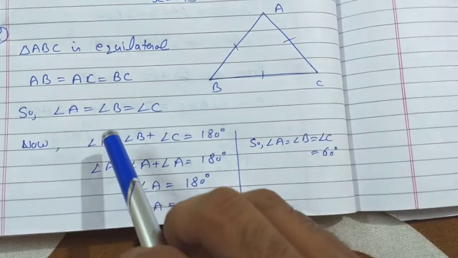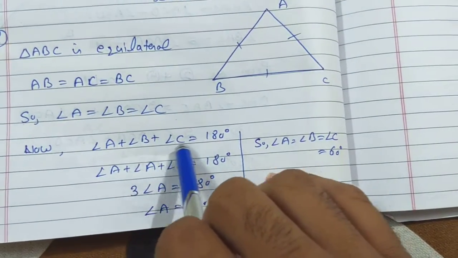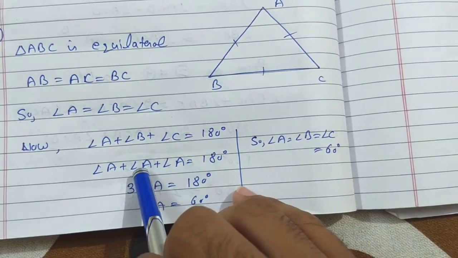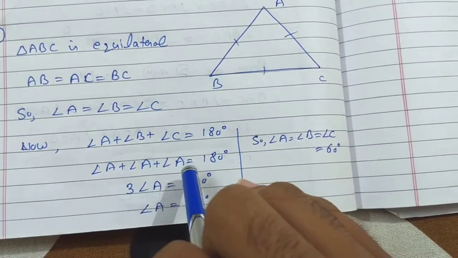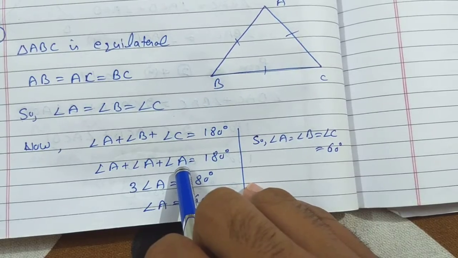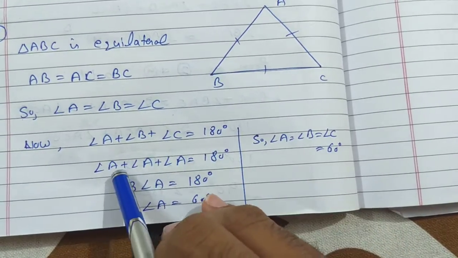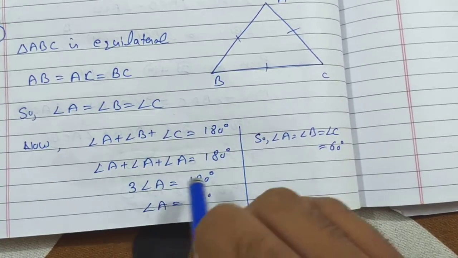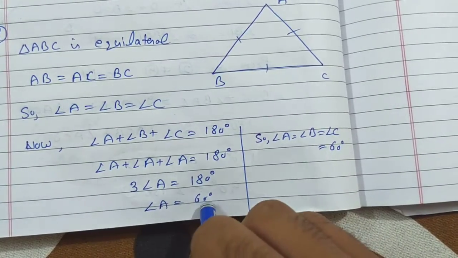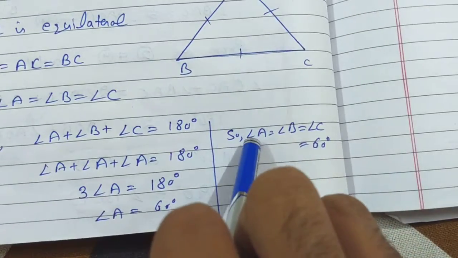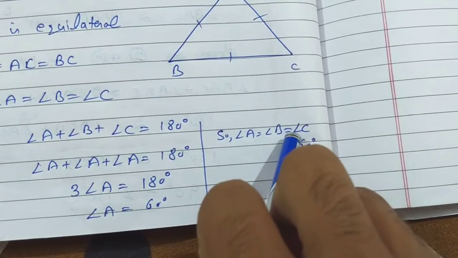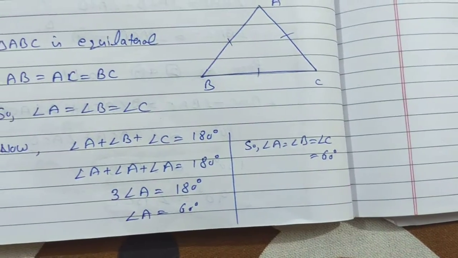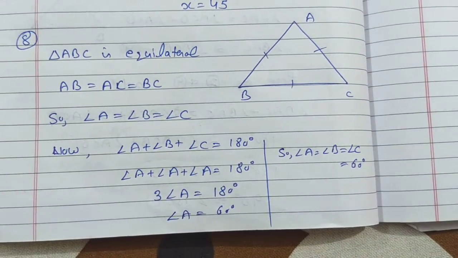Now you know that angle A plus B plus C is equals to 180 degree. Put the values of angle B, that is also equals to A, and the value of angle C, that is also angle A, is equals to 180 degree. सम ऐड कीजिए इन तीनों नंबर्स को, दैट इज 3 एंगल ए इज इक्वल्स टू 180. 3 जो है वो यहाँ पे डिवाइड कर देगा, ए की वैल्यू क्या आएगी 60. सो वी नो वेरी वेल दैट एंगल ए इज इक्वल्स टू एंगल बी इज इक्वल्स टू एंगल सी, दैट इज इक्वल्स टू 60 डिग्री. So I hope students you have understood all these questions,